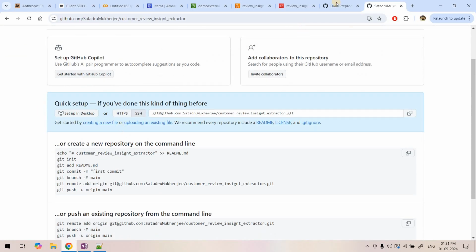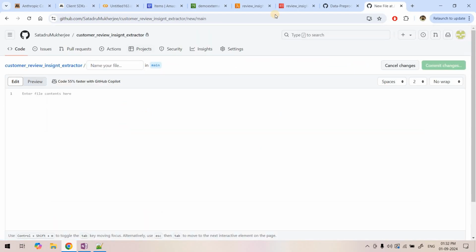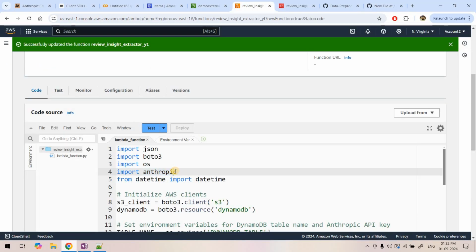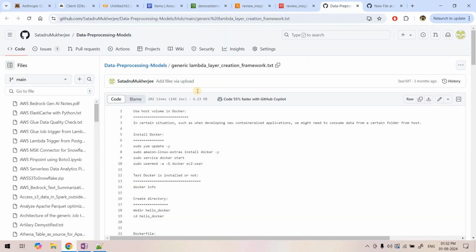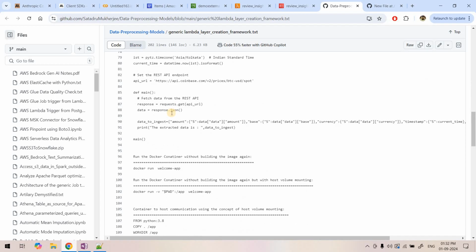Now as part of the first step, if you recall our Lambda layer builder framework, we need to have a requirements file with all the modules we want to install. In this particular case we need only Anthropic, because Boto3 is readily available in the Lambda runtime, datetime is also available, JSON is also available, OS is also available, so only Anthropic is needed. So I will go to my generic framework code, and here if I scroll below,